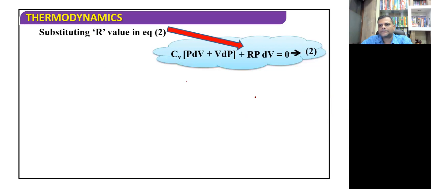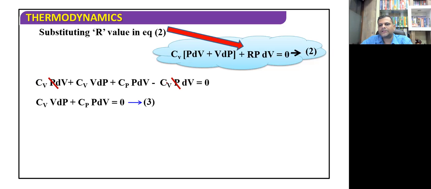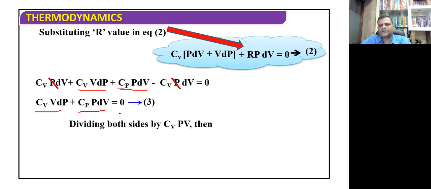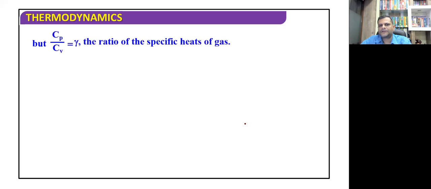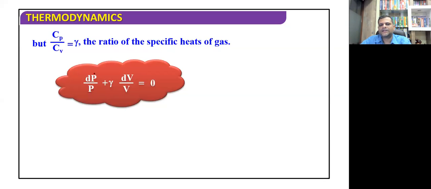See the next here, so R के बदले हमने यहाँ पे डाल दिया Cp minus Cv and ब्रैकेट ओपन किया, तो देखो Cp into PdV minus Cv into PdV, तो अभी इसमें क्या हो रहा है, देखो ठीक से ये Cv into PdV and minus Cv into PdV will just get cancelled, right, and what we are left with is simply ये टर्म और ये टर्म बचा रहेगा, जिससे हमको मिलेगा Cv into VdP plus Cp into PdV, that is equal to 0। If we just shuffle these terms, then we can just arrange it as dP by P plus Cp by Cv into dV by V, okay, but as we know that this Cp by Cv मतलब ये क्या, गैमा, ठीक है ना, तो Cp by Cv को हम गैमा लिख सकते हैं, तो इससे हमको ये मिलता है dP by P plus gamma into dV by V is equal to 0। and